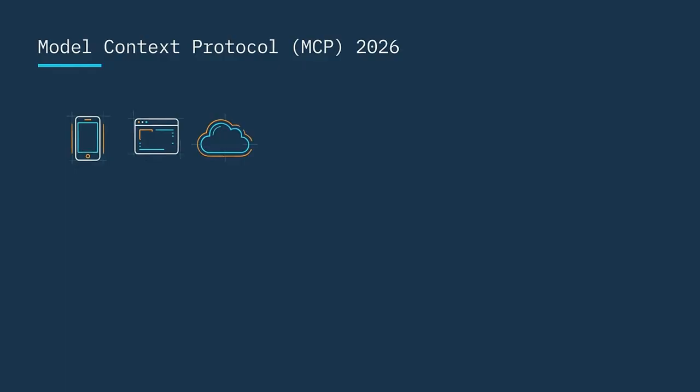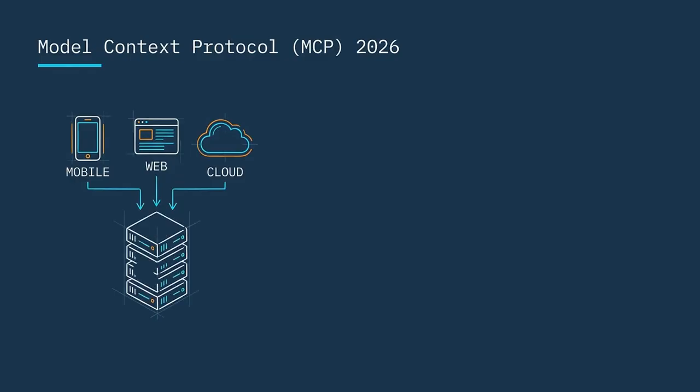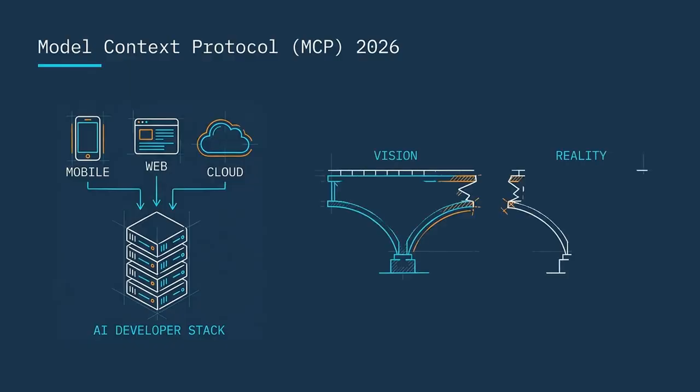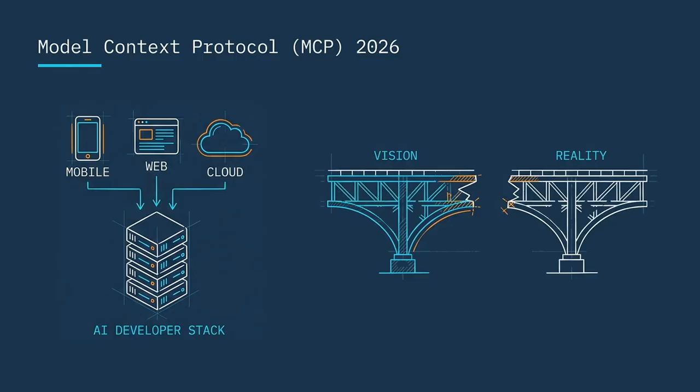The Model Context Protocol promised to be the universal adapter layer for AI agent tooling, and in 2026, that promise is finally meeting production reality. Platforms like Composio and Zapier have shipped MCP integrations, and major LLM providers are embedding MCP support directly into their developer stacks. But there's a gap between the architectural vision and what actually runs in mission-critical pipelines.